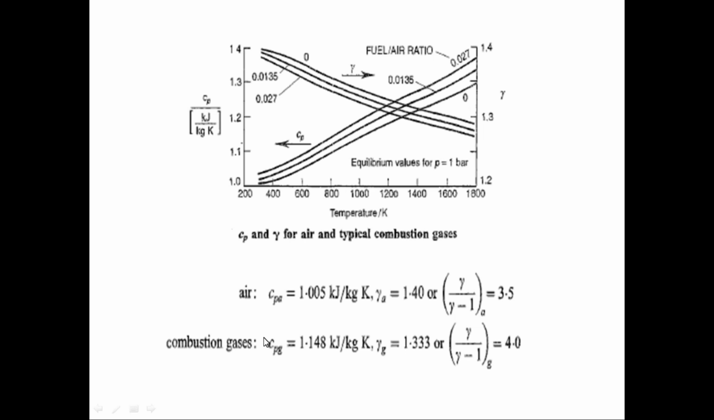And for the combustion gases, the specific heat capacity is equal to 1.148 kilojoule per kg Kelvin. Gamma for the gases can be taken as 1.33. So this factor gamma by gamma minus 1 comes out to be 4. Now the next is the